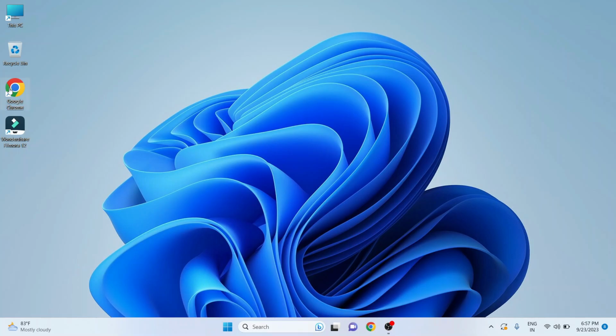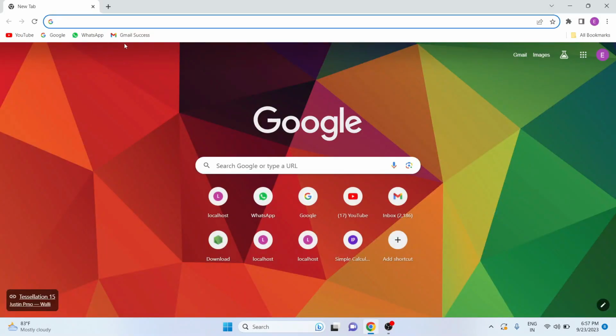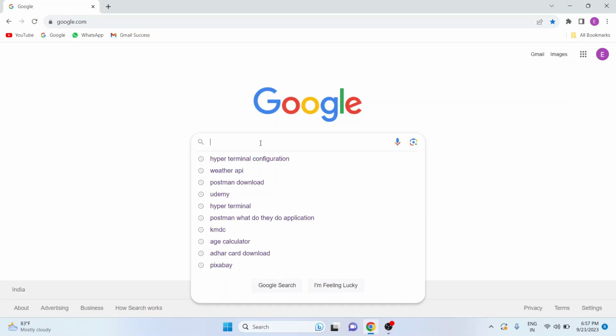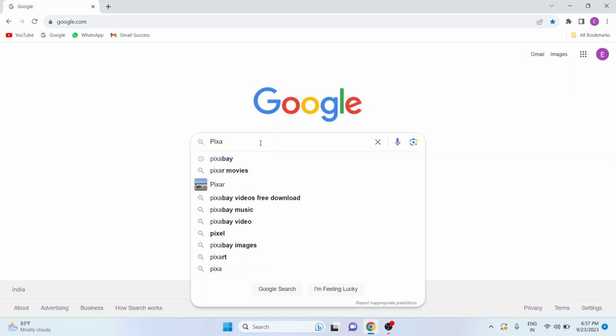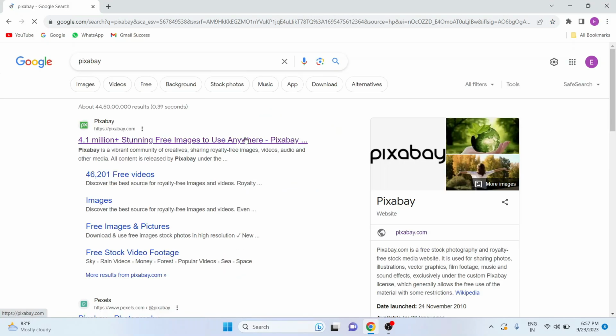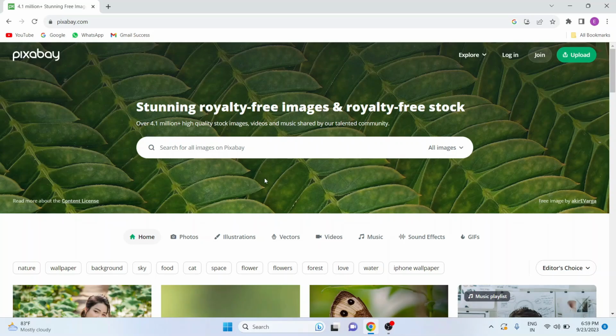Open your Chrome browser, come to Google and search for Pixabay. Click on the first link. Guys, for example, I require some forest images to use in my project. So how can I download them? Here you see, there is a search bar. Here we have to search. For example, I can search for forest